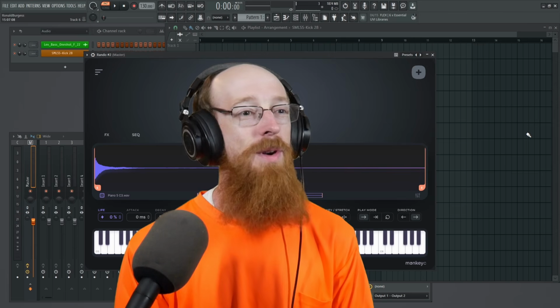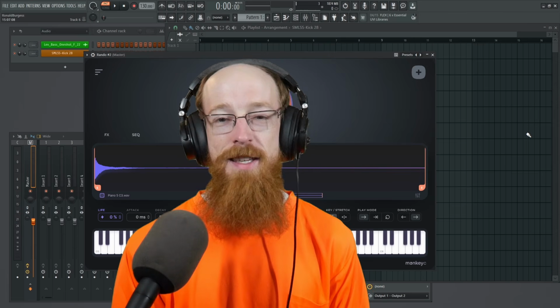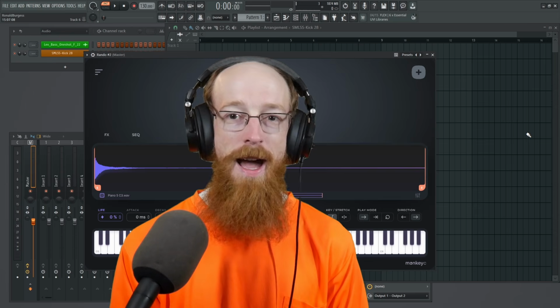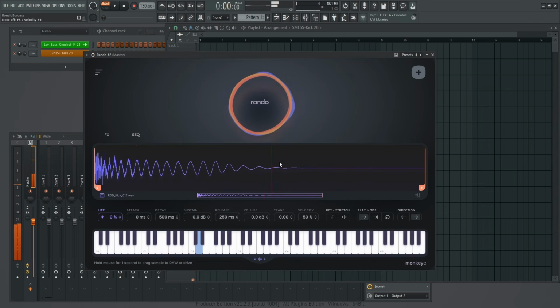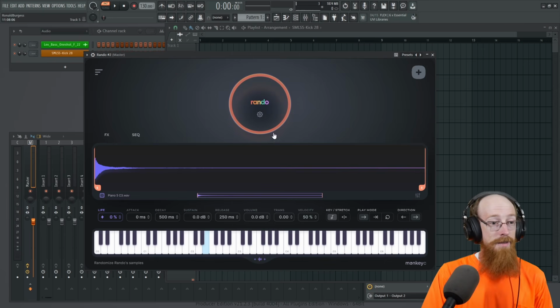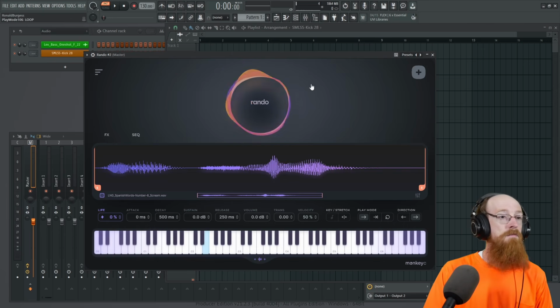Composing gloves here. Today we are taking a look at Rando. It is the random sampler. You give it your sample library and it will give you back just some samples you may have not heard of in a long time. So we'll go ahead, we'll hit it. I've already pointed it to the folder and